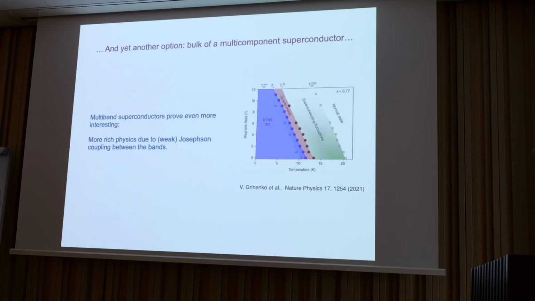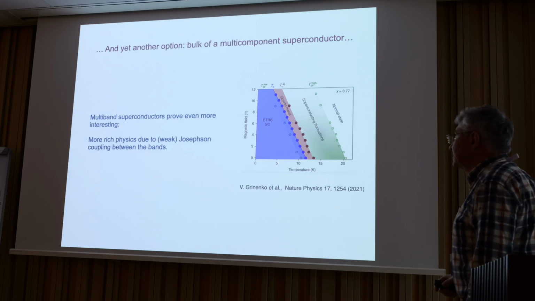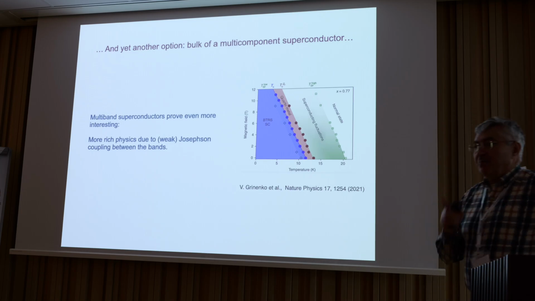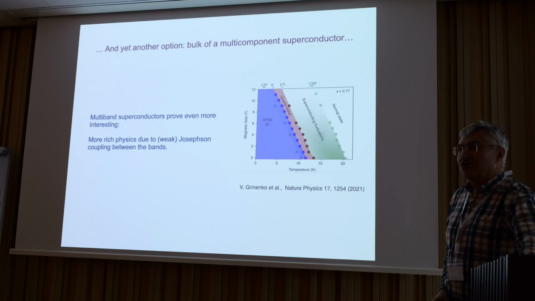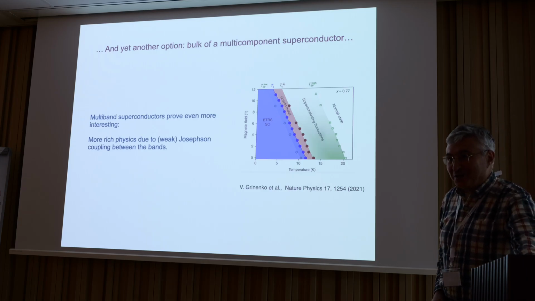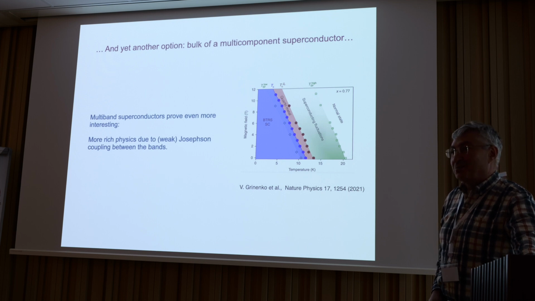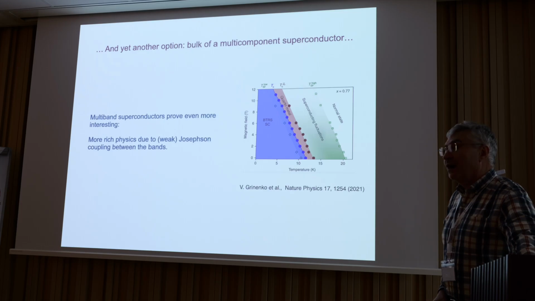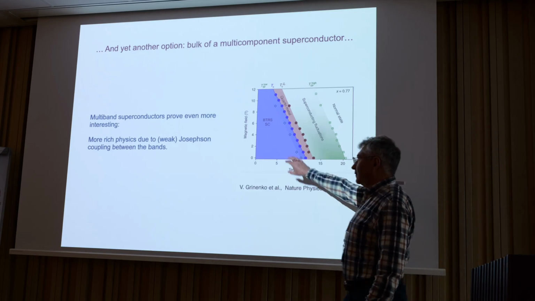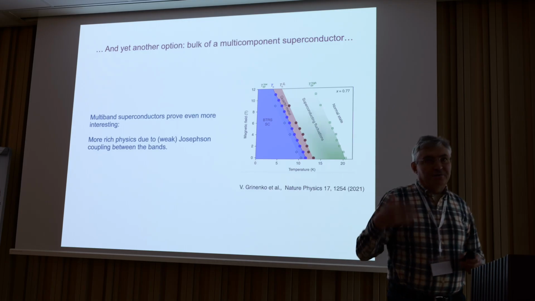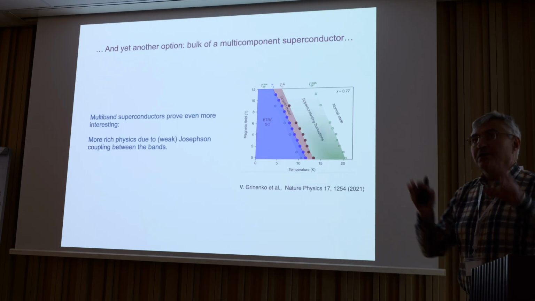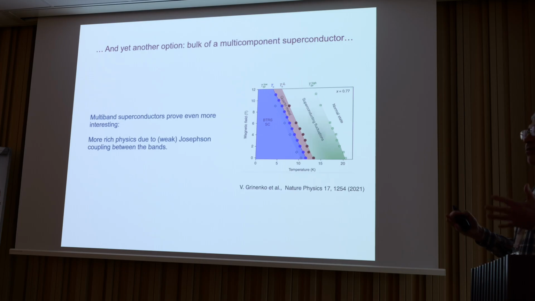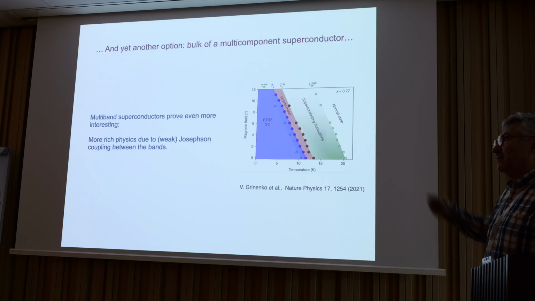Okay, so there is yet another interesting possibility. Yesterday, Chandra made a very good comment that actually superconductors are insulators in the bulk, as we all know. So the topological objects, they are insulators in the bulk. And if we think about the bulk of the superconductor, which is a multi-component object, so think of the multi-component superconductor, the currents, so the Meissner effect, we can also call it Anderson-Higgs effect. So there are no electric currents in the bulk. Superconductivity is all about the surface.